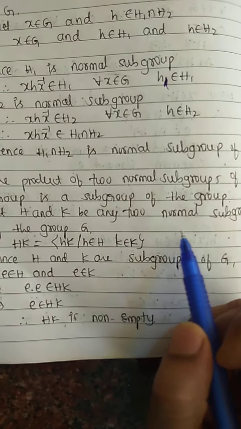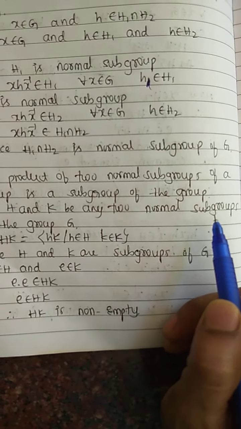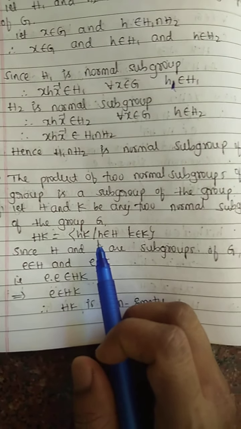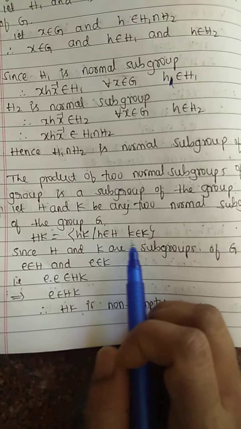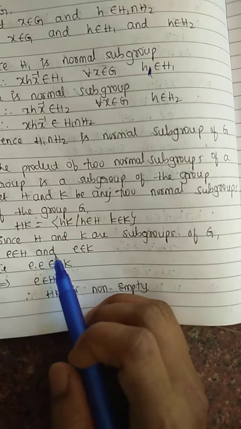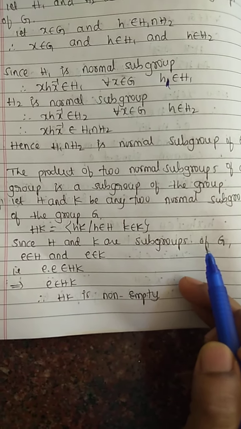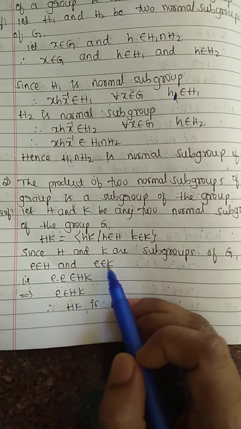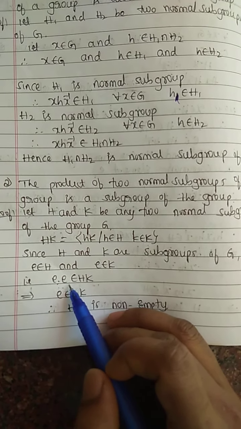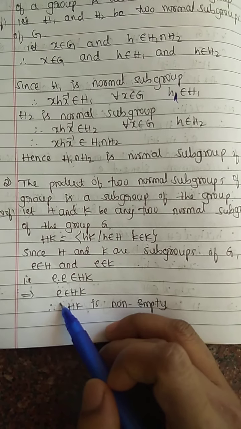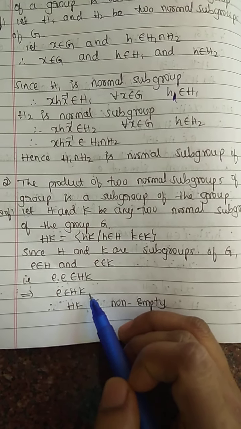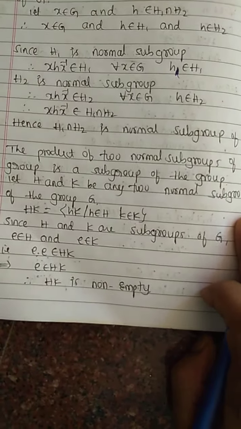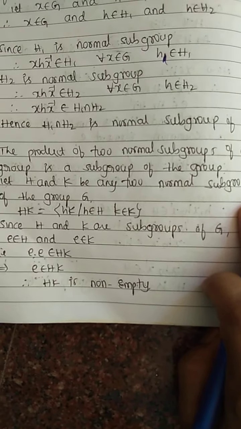Let H and K be any two normal subgroups of the group G. HK equals the set of hk such that h belongs to H and k belongs to K. Since H and K are subgroups of G, e belongs to H and e belongs to K. e into e belongs to HK. e into e is e, which belongs to HK. This implies HK is a non-empty set. To show that HK is a subgroup, we have to show that